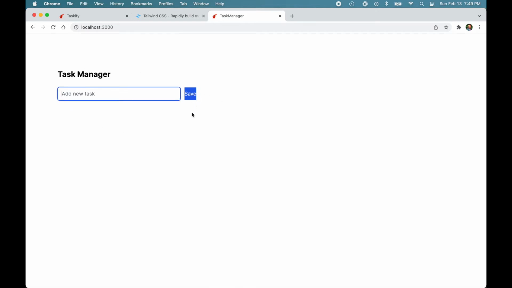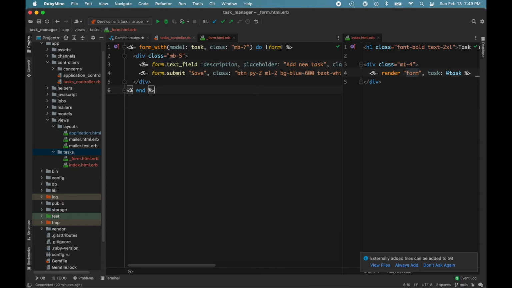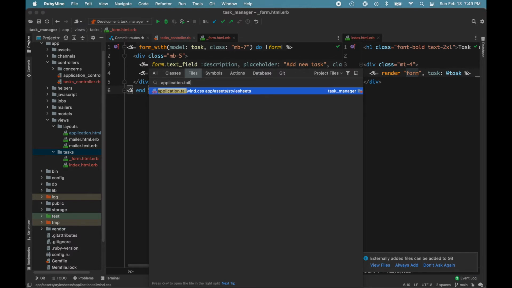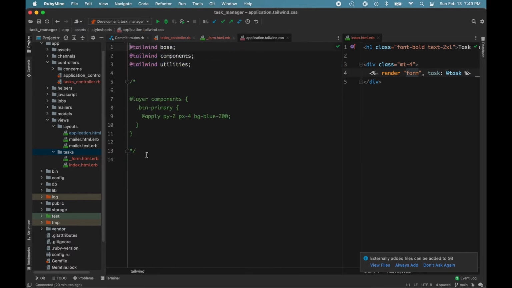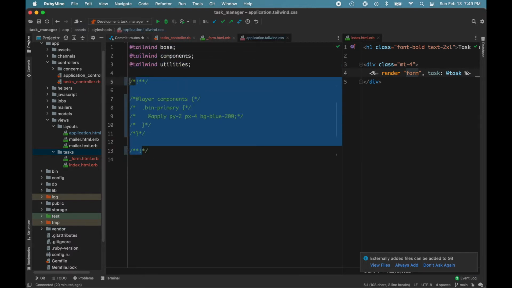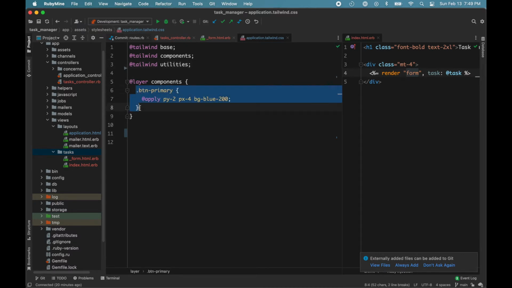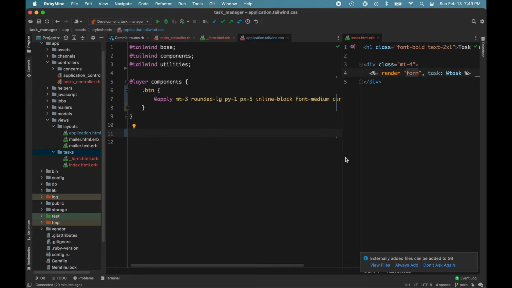button doesn't look good. So let's just add a button class in our application CSS file. In here, just uncomment this code and replace this btn-primary with this button. So what we are doing here is we are